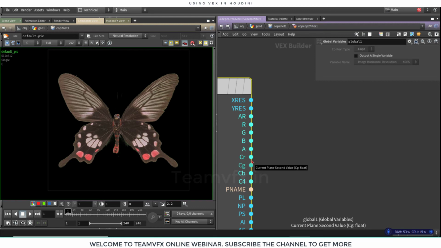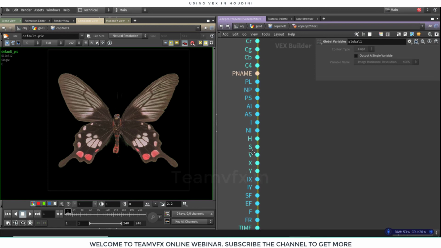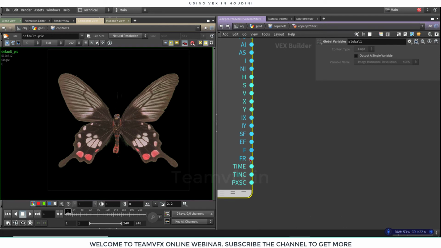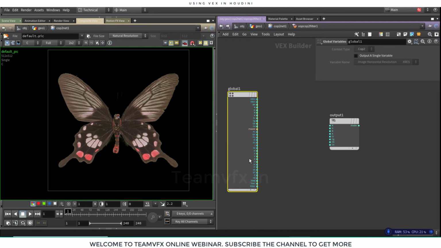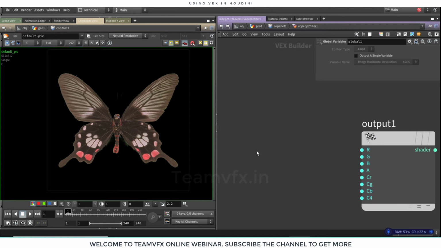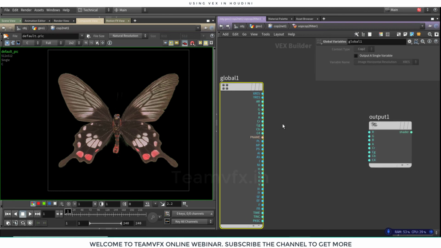And these are planes in Houdini. You can think of them just like the channels we see in Nuke. Below that you can see we have hue, saturation, value, frame rate, and time. So the concept is that we can manipulate the pixel with different parts. On the right hand side we have an output portion. So what we have to do is take the input, manipulate the whole pixel according to our desire, and then transfer that to the output.